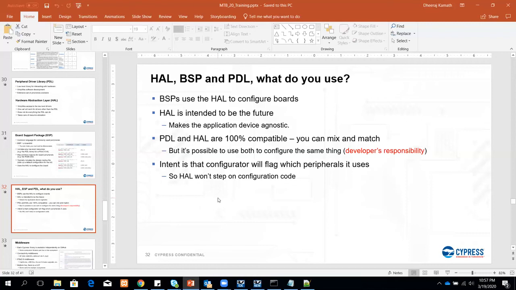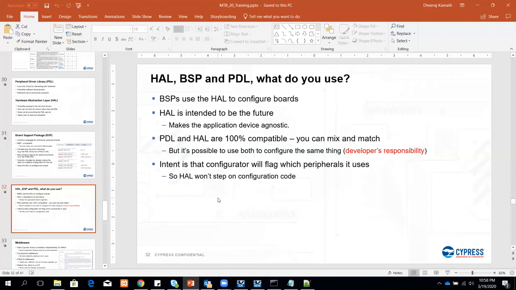So it's the developer's responsibility to use either of them, and you will need to use PDL because HAL is just a subset of the functions that the PDL can do. So HAL will just give you some functions, and it's going to make it much easier for you to interact with the driver, but it does not have all the functions and all the functionalities right now. So you will need to make use of PDL for those other functions that you need, and that's the reason why I have this slide.